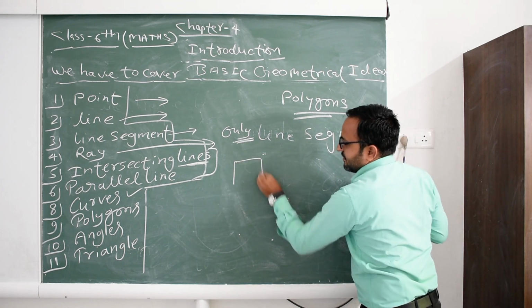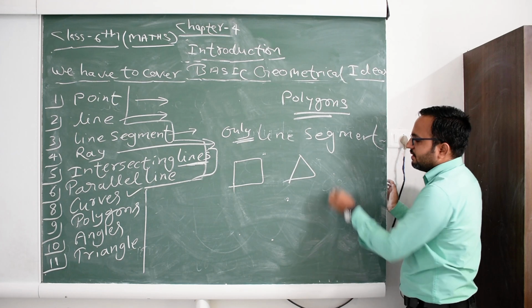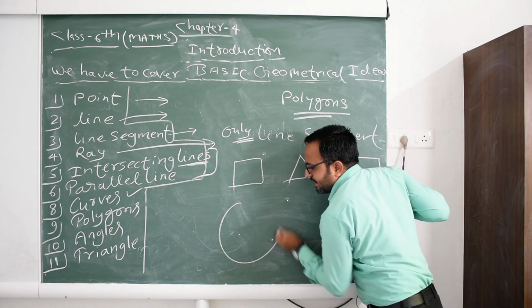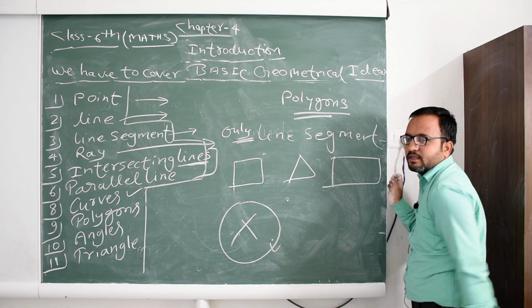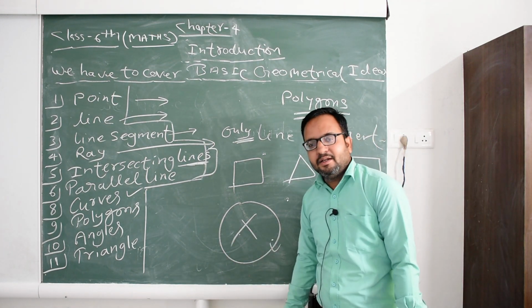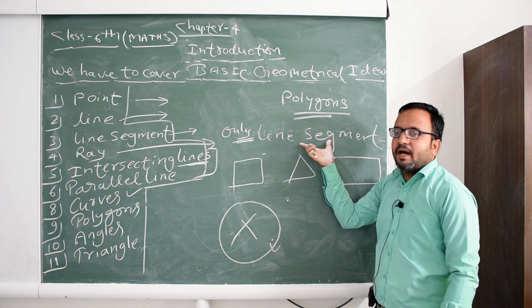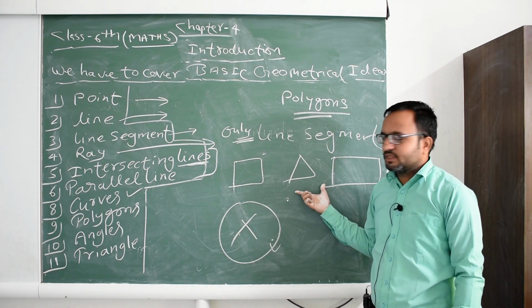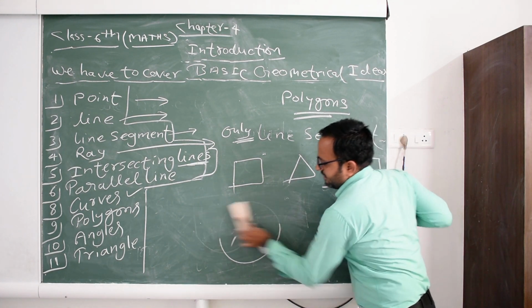So this is a polygon, this is also a polygon, this is also a polygon, but a circle is not a polygon because a circle has no line segments. So a polygon has line segments. So this is the concept of polygons. Okay, so in the case of polygons,